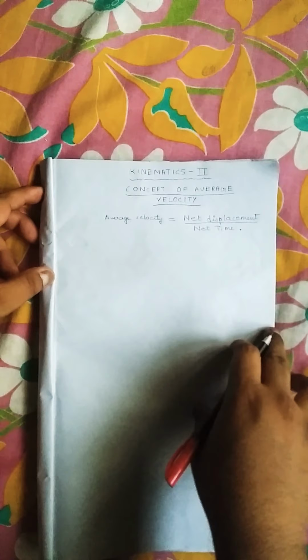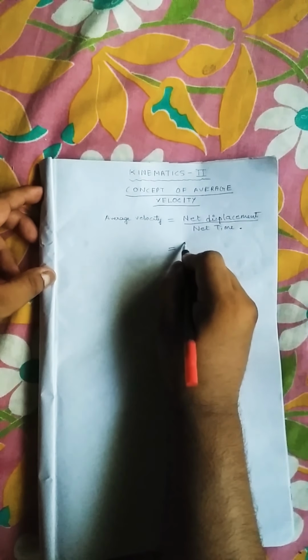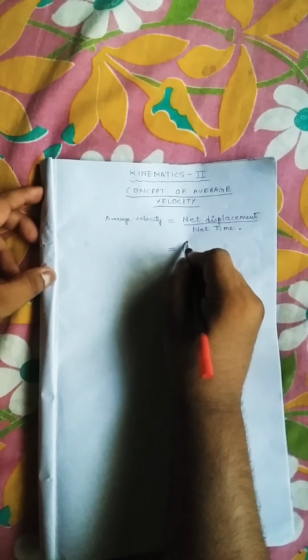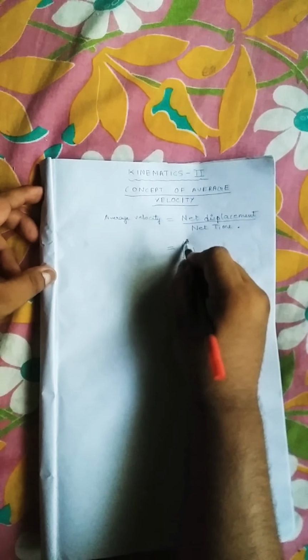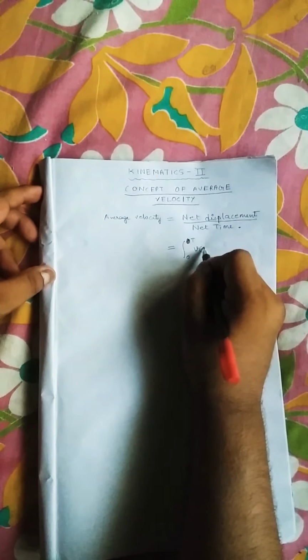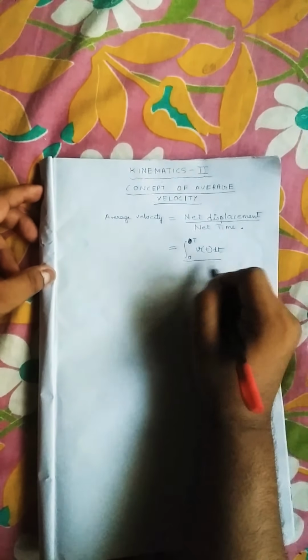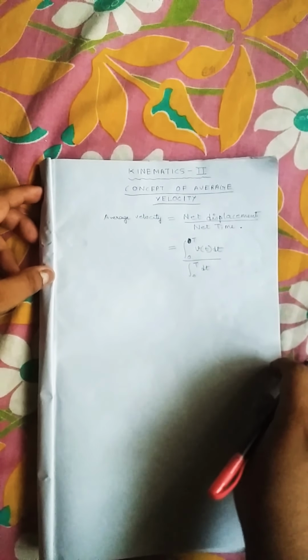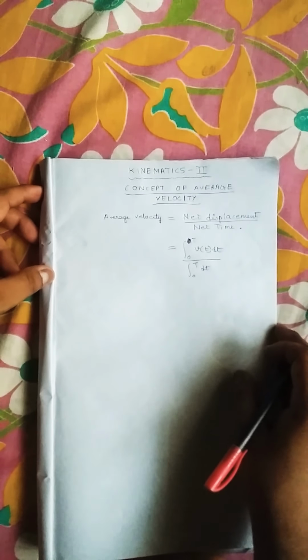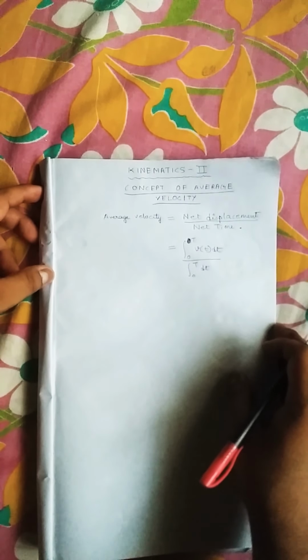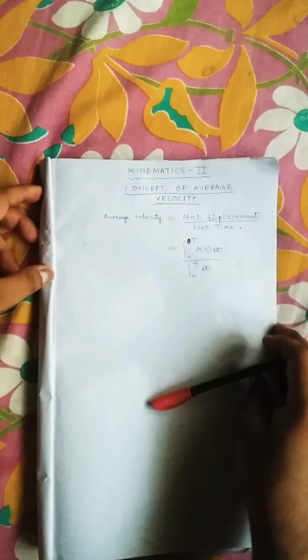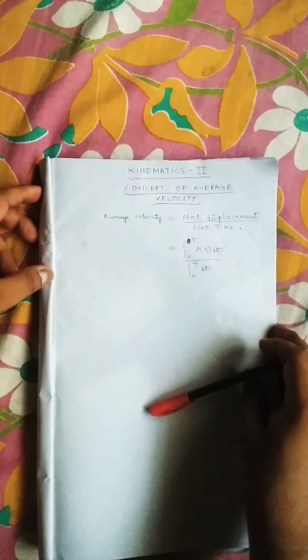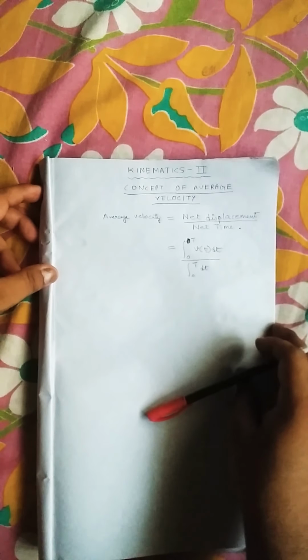Now in integral form, average velocity can be written as the integral from 0 to T of v(t) dt divided by the integral from 0 to T of dt. Now this is quite simple. Why are we stressing so much upon the concept of average velocity? The only reason is that it makes our problems extremely simple. Let's see how. Before that, we are going to see a very small example.